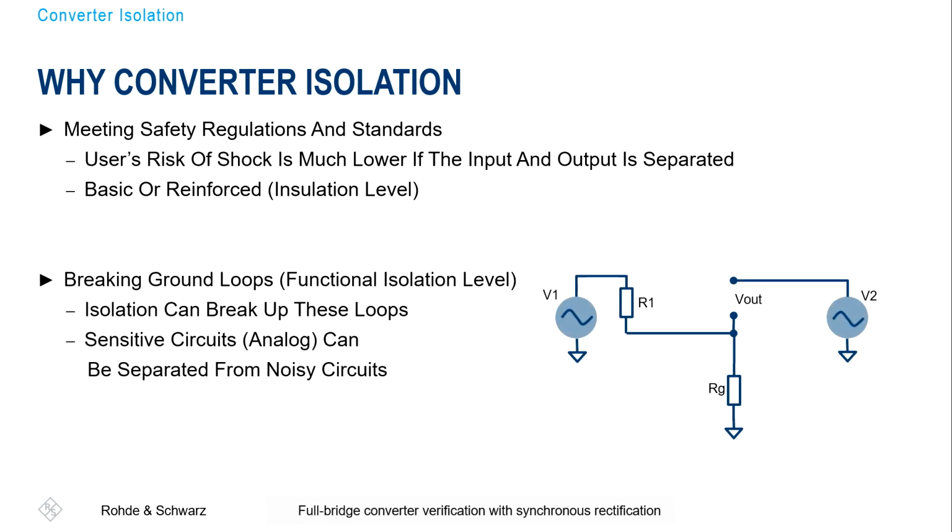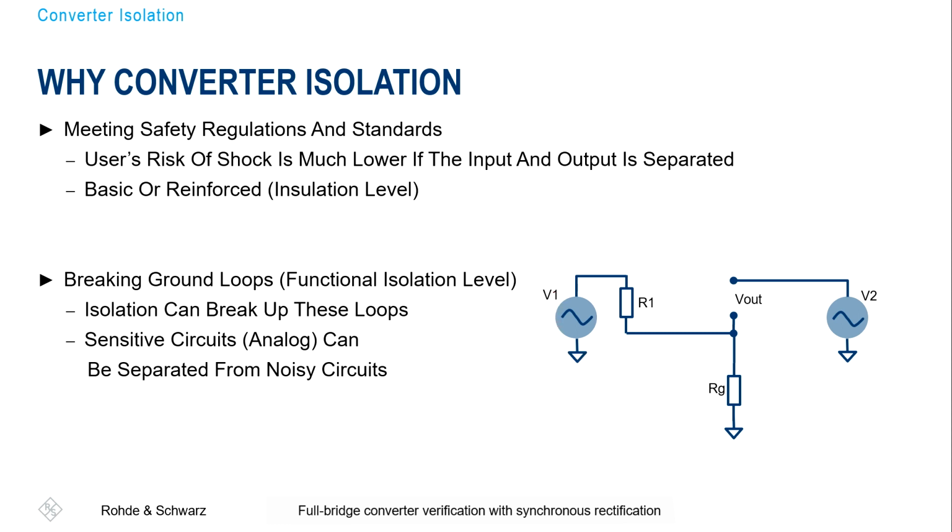The other reason to have an isolated system is breaking ground loops. That can also cause a lot of trouble in big systems when you don't separate the different circuits, and that's why people like to break ground loops. Here we have an example where we separate a sensitive circuit from a noisy circuit. V1 here is, let's say, the noisy